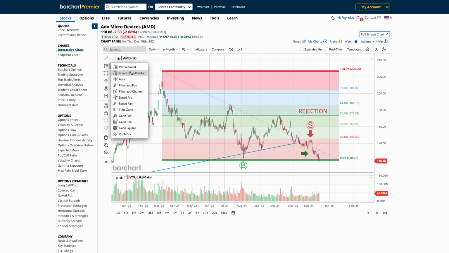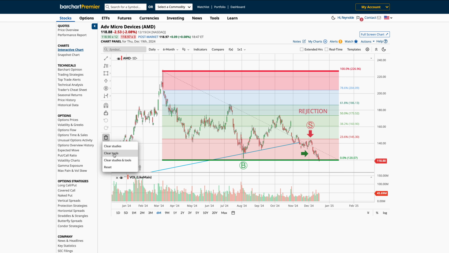Traders use retracements to plan entry and exit points, set stop losses, and predict potential price reversals. And by combining Fibonacci levels with other indicators like volume or trend lines, traders can gain valuable insights into market behavior. Let's clear the chart by clicking the trash icon, and let's walk through how to add Fibonacci retracements to